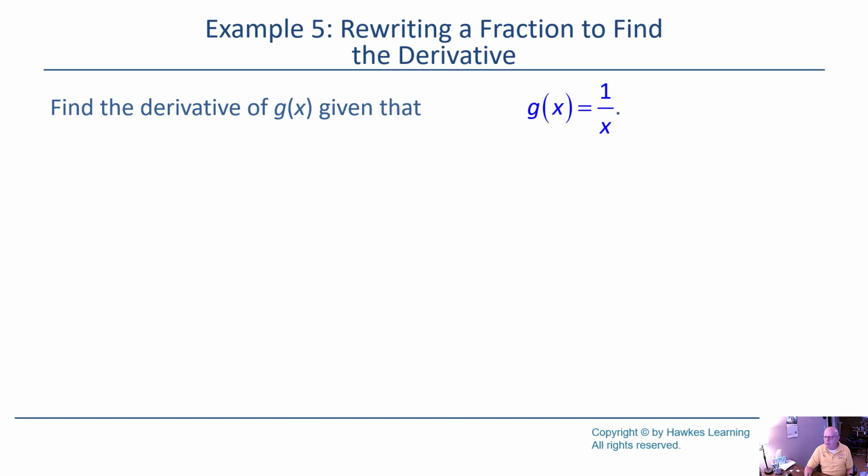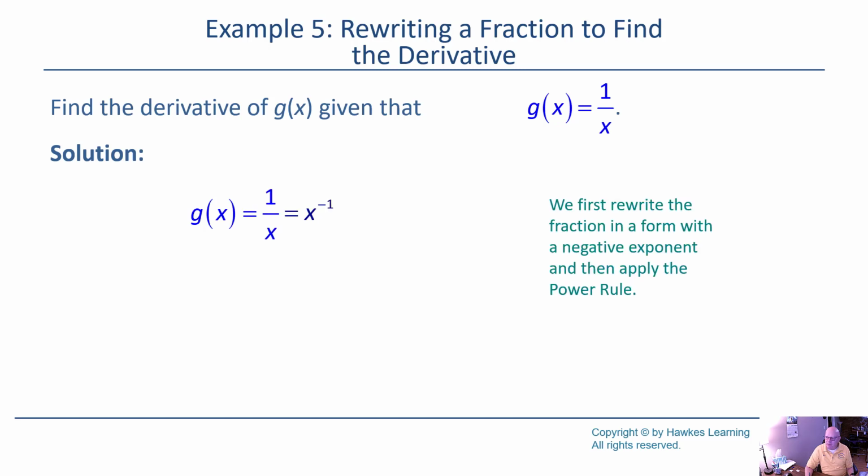Next, how about the derivative of g of x? I just gave you almost a tip on this one. Let's see how this goes. G of x is 1 over x. Now what are we going to do? Rewrite it so that it looks like it can be used with the power rule. Remember, this x is in the denominator, which, like that x to the minus 1/2 we had before, bring it up to the other side of the fraction bar, and just change the sign of the exponent. So g of x, the same g of x, can be written like this,